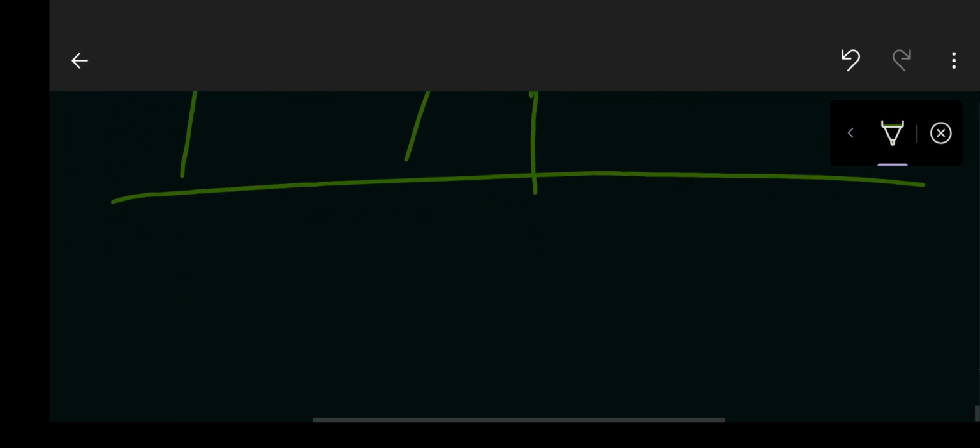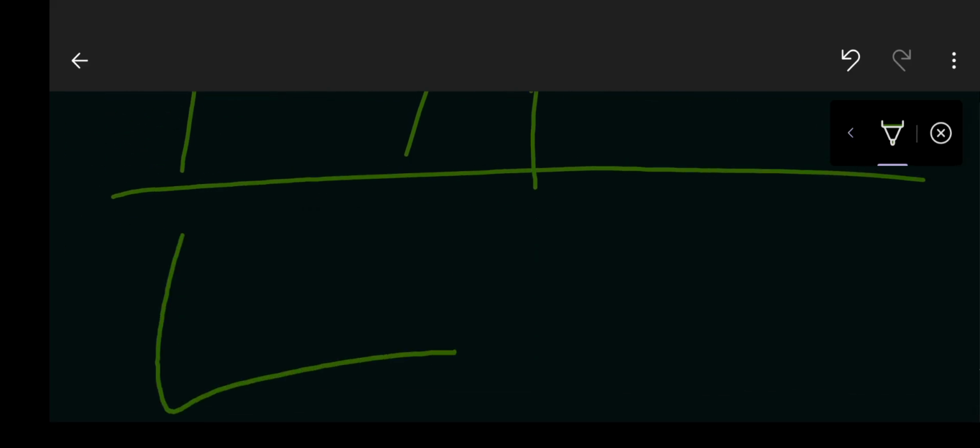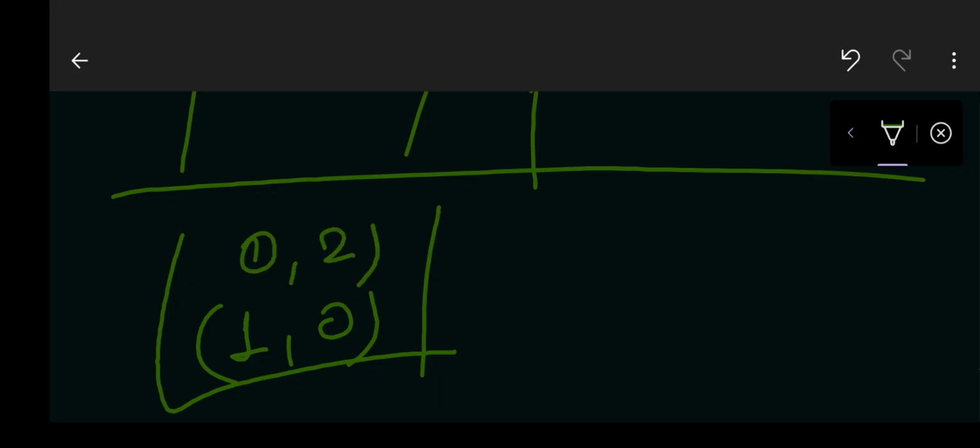So I'm going to tell you what a priority queue actually is. Suppose I have a queue. I push 1 and 0 into it. After that, I also push 0 and 2 into it. After that, I again push 2 and 3 into it. Now if I ask you what is the frontmost element, you will say 1, 0 is the frontmost element,